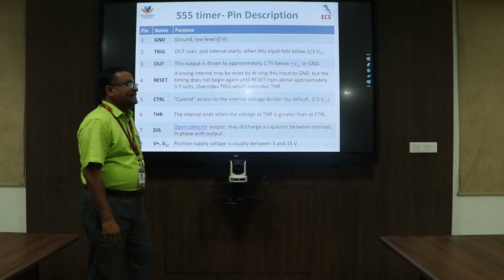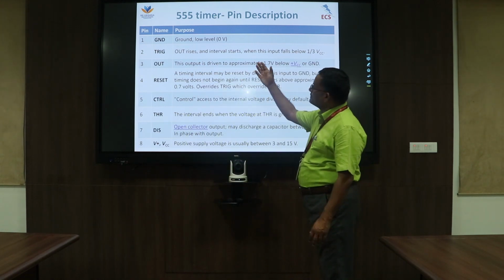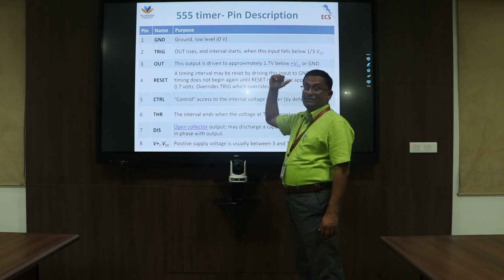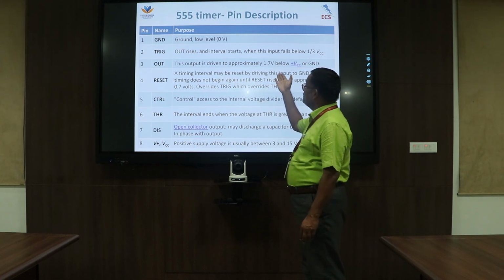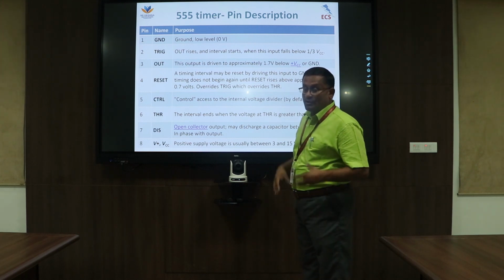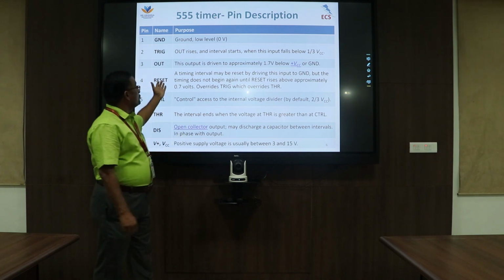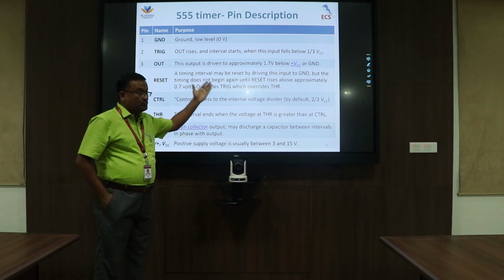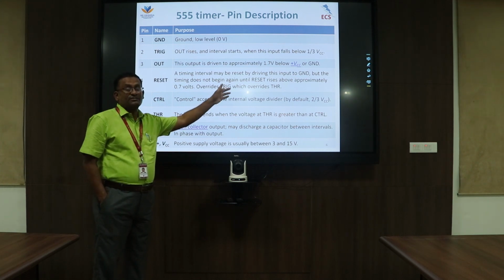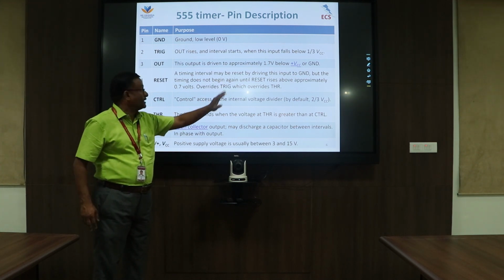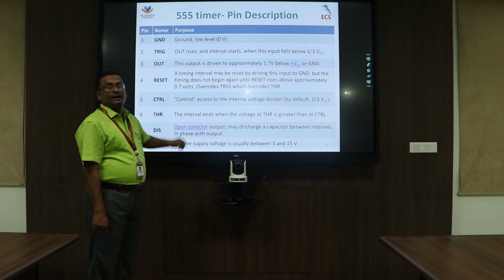And if you look at each and every pin, just now we have discussed each and every pin of the IC555 timer. The first pin is called ground, which is always connected with the low level of 0 volts, and the second pin is called trigger. The output rises in the timing interval when the input falls below VCC divided by 3, and the output terminal is given; the output voltages are recorded approximately 1.7 volts, plus or minus VCC or ground. Reset is a terminal which is always connected with the